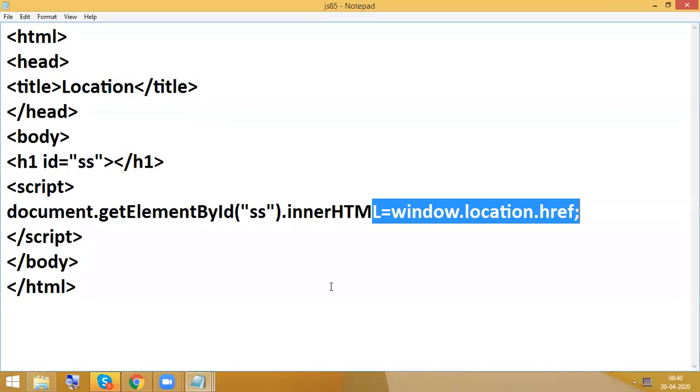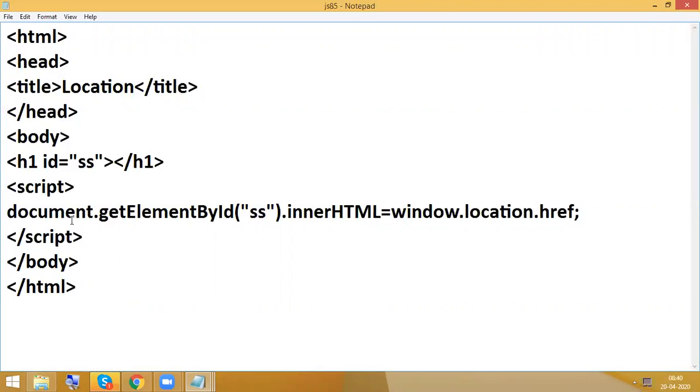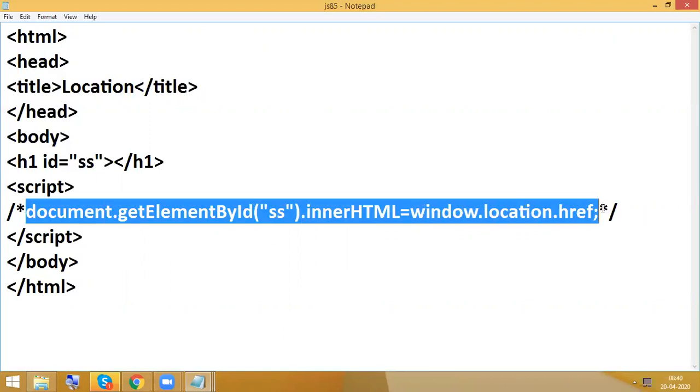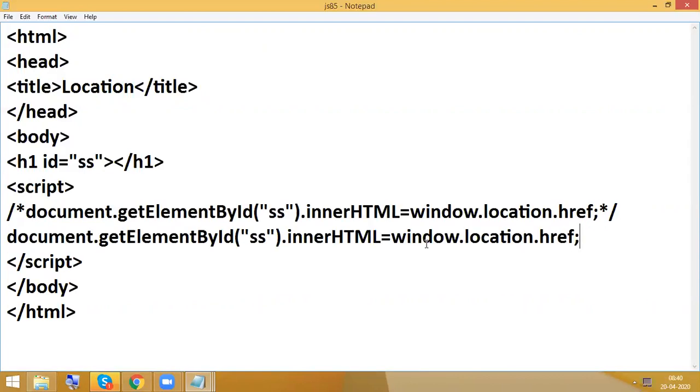Okay. So next, we are going to find the host name. Same example, we are going to do with the help of host name. So window dot location dot hostname.